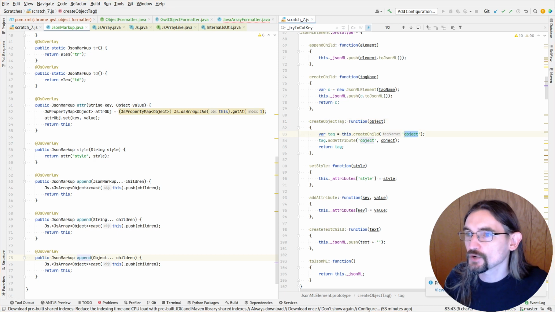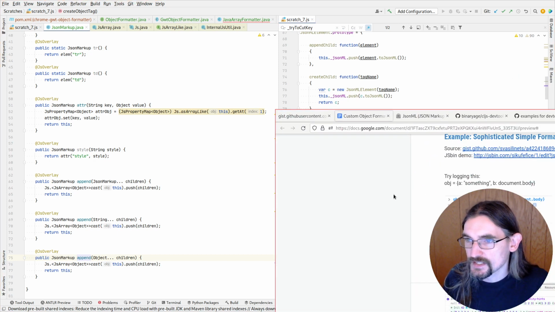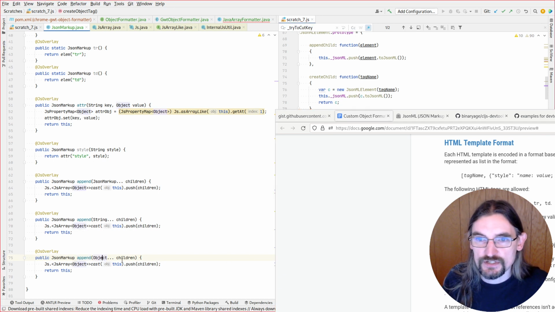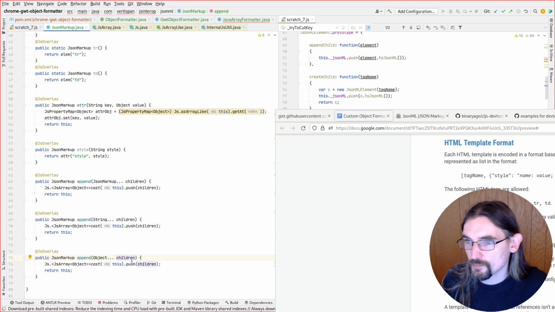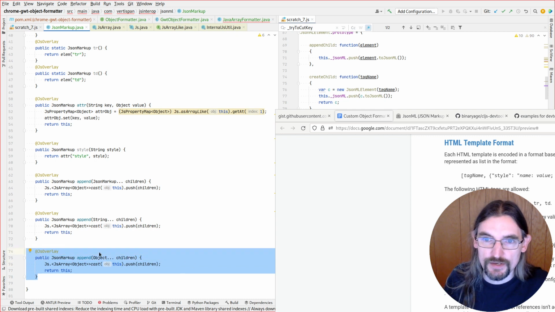Oh, I guess you have to decorate it with object to say, hey, I'm an object, interpret me as an object. It's not the HTML tag object. It's I am an object, make me an object. The object goes here and the config goes here. So recursively descend into me and figure it out. Okay, so that's going to be different. Each one of these here is going to be wrapped up in some other way. We're going to have a config that'll come with it, which means we don't need this method unless we just have an append object,